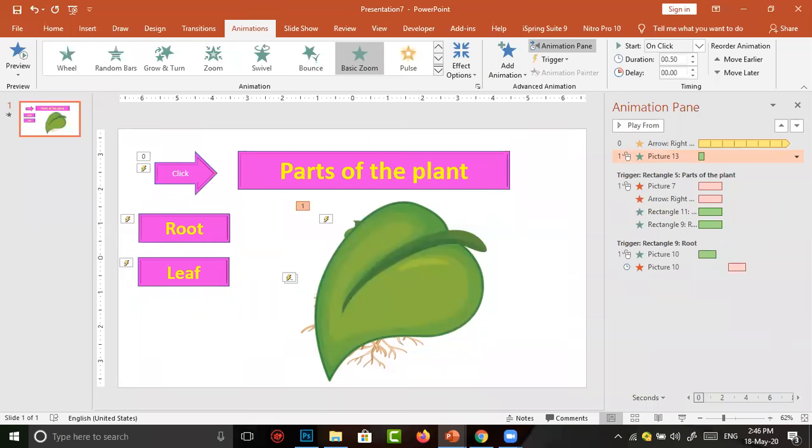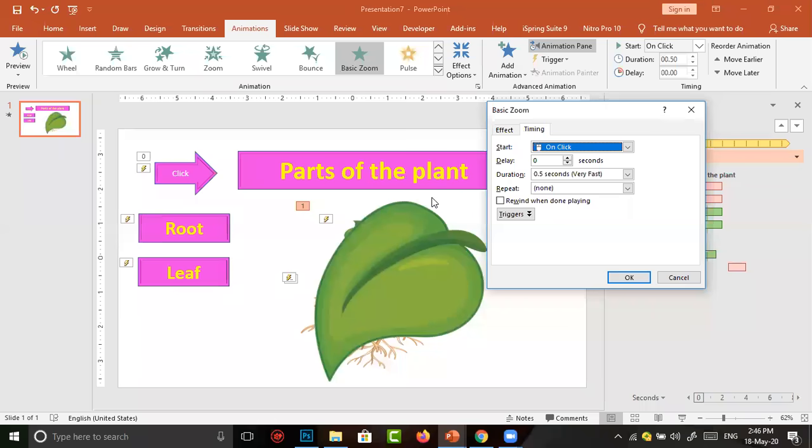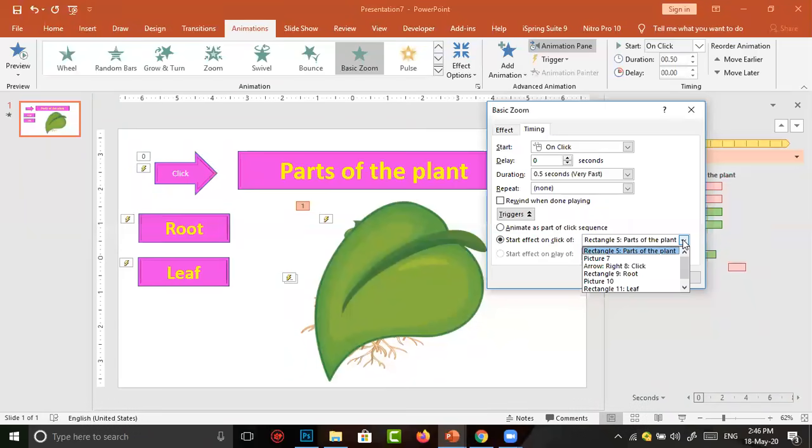The animation is at the top. I go to timing, then triggers, then start effect on click of. It should happen when I click on the rectangle leaf. I change the time duration to 1.5 seconds, then click on OK.